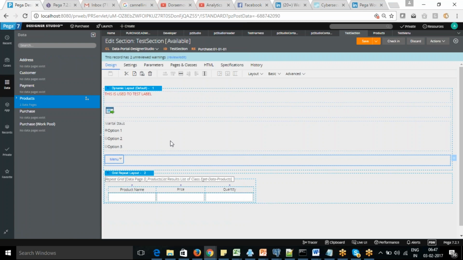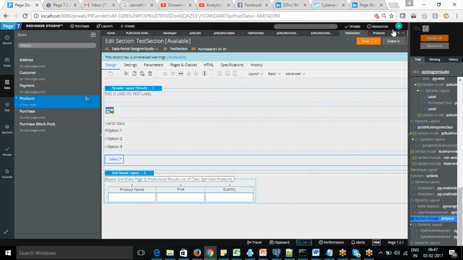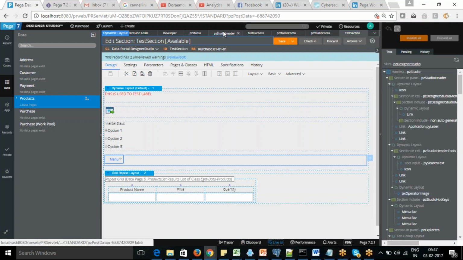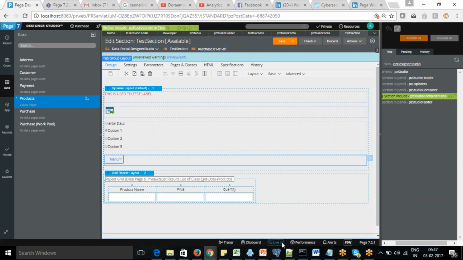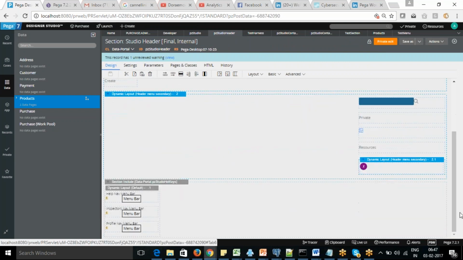I think if you have used it in the case, it might be used to display that. So this is the way we can. It will display the menu rule, same as if you click onto that. So this is a menu rule. Normally in Pega we call it a navigation rule. If you see this menu rule, it will be similar in that way. If you see in the live UI, I want to display that menu rule, I can open that. I can go to that section and see what is actually in there. So if you can see, there is a menu bar.